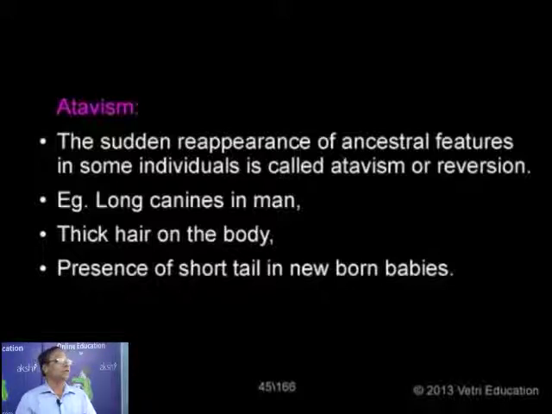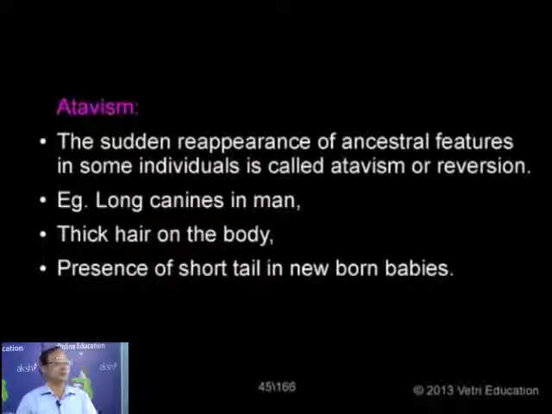So last class we started about the evolutionary process. In that evolutionary process, we have supported a number of evidences. We have given the basic concept of evidences in favor of evolution. So under this concept, I have taken the first one, the evidences from morphology and comparative anatomy. In that one we have discussed the homologous organs, analogous organs, vestigial organs.